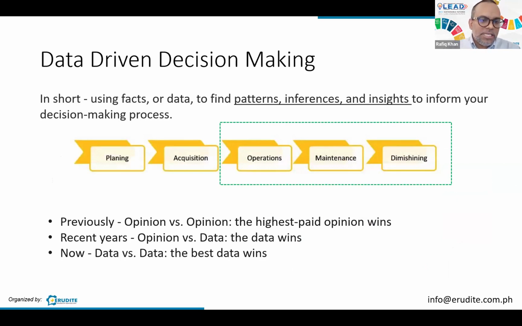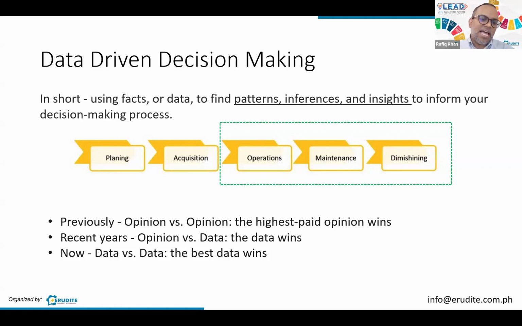Where condition assessment and remaining life assessment come in handy is by giving you the data that you need. So in short, data-driven decision making is not based on a person who makes the decision, but it's based on a set of data, a pattern that is developing, inference or data that you look at from other people's operation or certain parameters, insights. These are things that give you an idea of the actual condition. So data-driven decision making is a nice way to approach this chicken and egg problem.